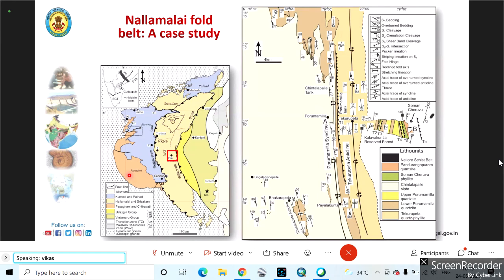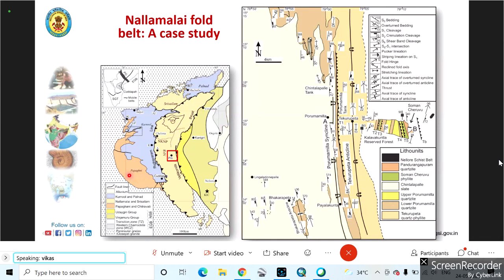Now, I had done this mapping in this area. You can notice that we are on the north part. You can see some fold closures are there. I'm talking about the right side photograph. You can see that some of these beds are repeating, with the fold closures on the top part.